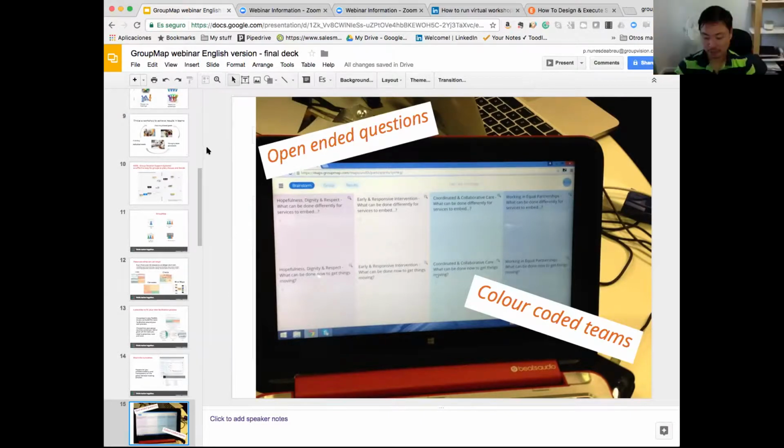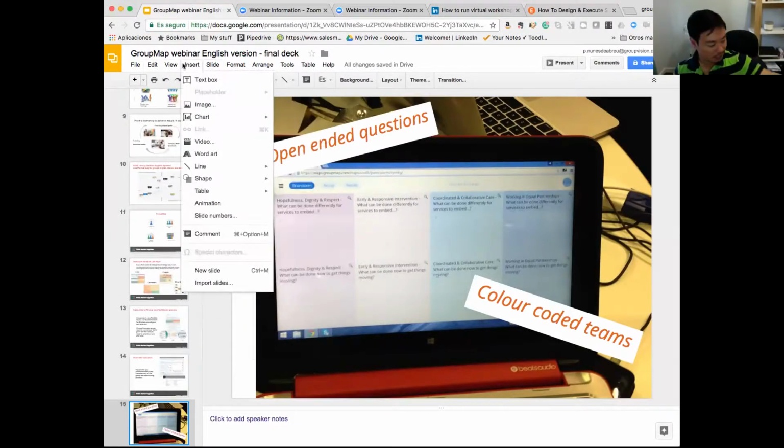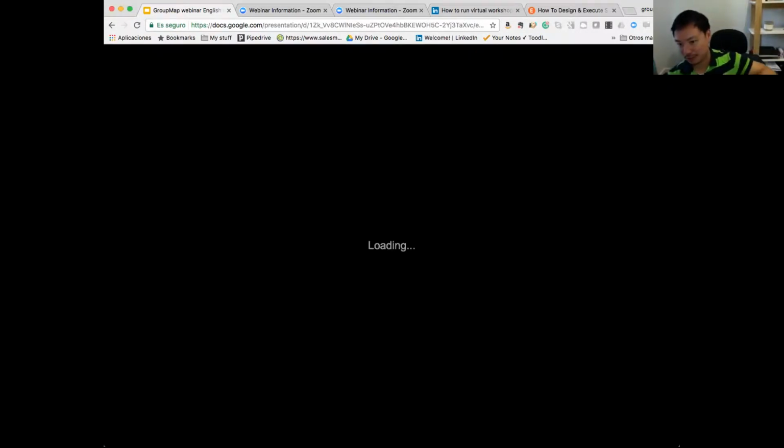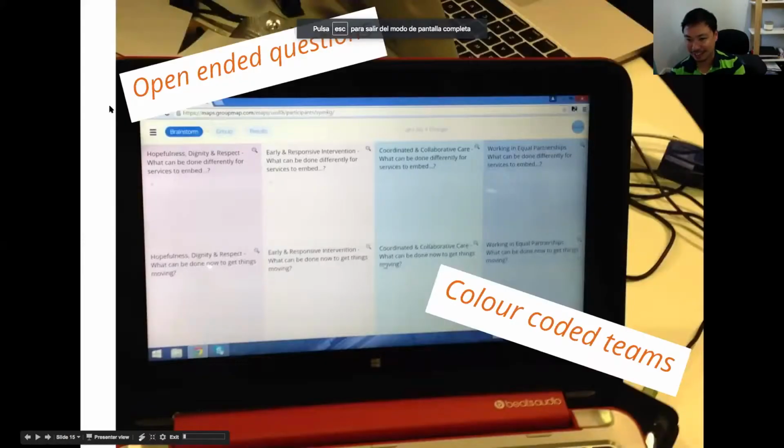Great. Thanks very much for that introduction, Paul. So I'm just going to show you guys some examples of what GroupMap's been used for. It's a bit difficult with virtual workshops, obviously, we can't access our customers' information. So here are some tips that we've picked up from our users when they were conducting these workshops.